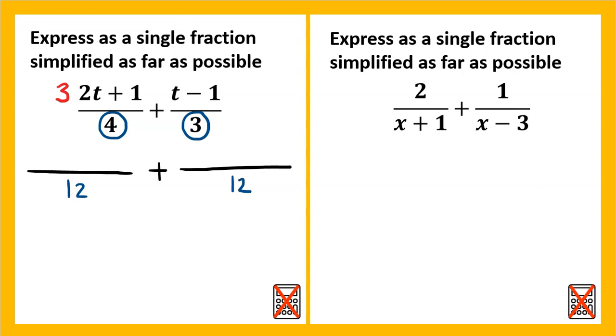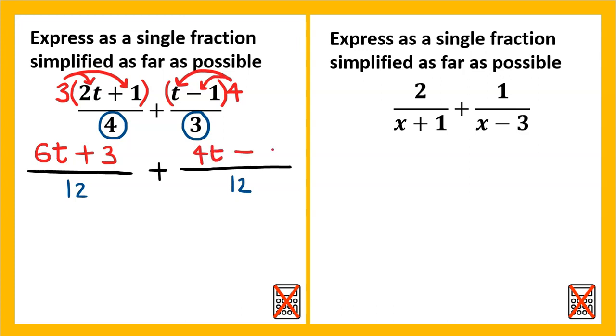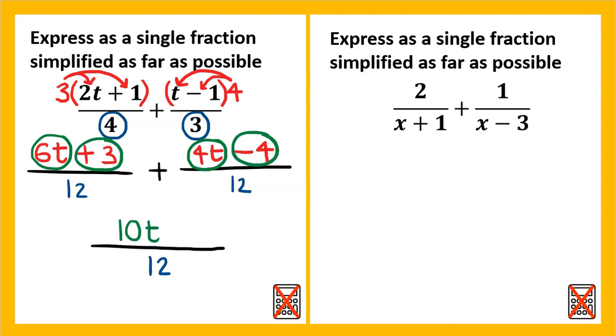multiply all of the terms in the numerator by 3, so the introduction of a bracket would be useful, because we need to do 3 times 2t, which is 6t, and we also need to do 3 times 1, which is 3. For the fraction on the right, 3 times 4 gives us 12, and multiplying each of the terms on the numerator, we get 4t minus 4. Writing this as a final fraction out of 12, 6t plus 4t is 10t, and